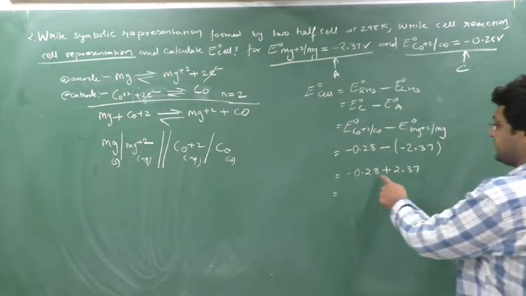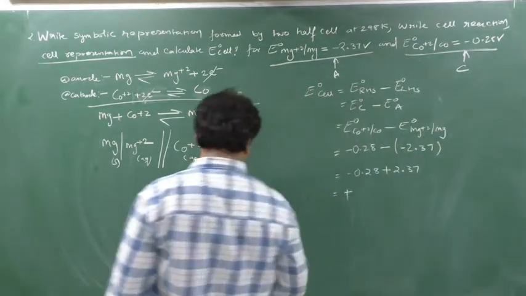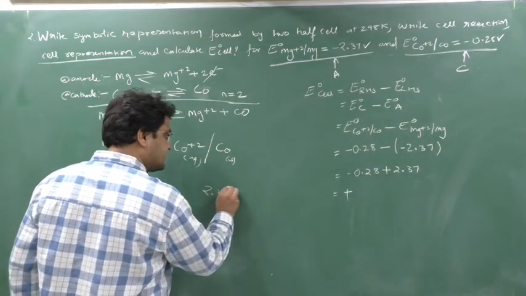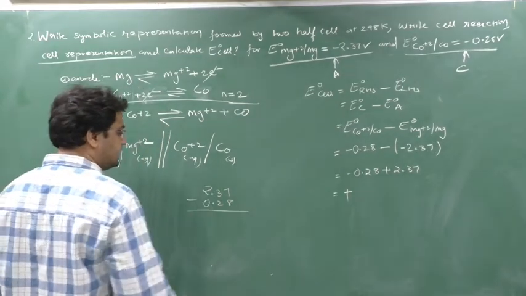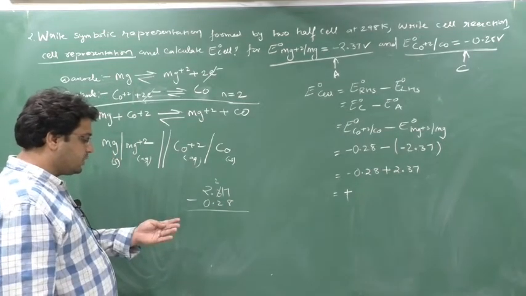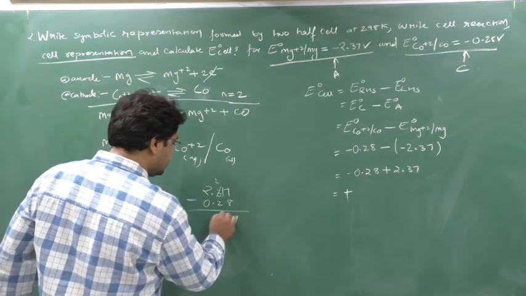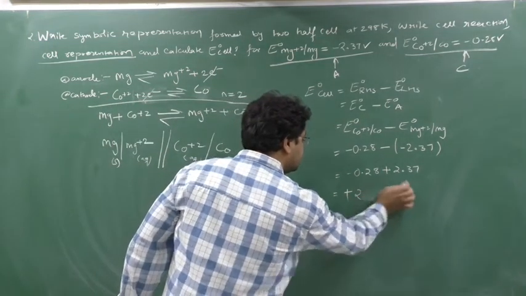Minus, plus, subtraction: the bigger number is this, so the sign is plus. We subtract 2.37 and 0.28, so I get around 2.09